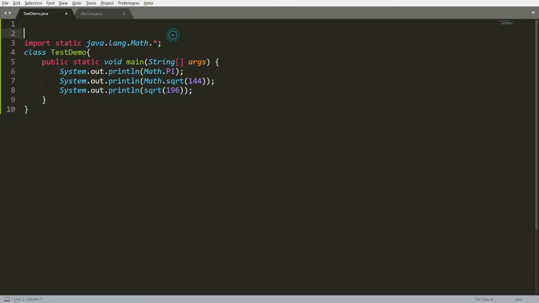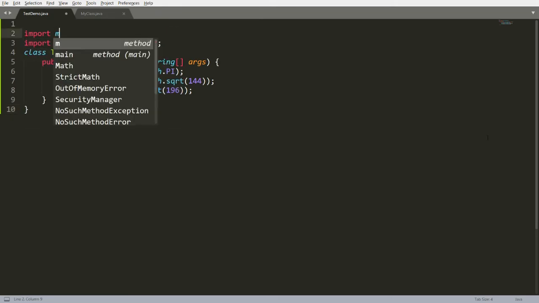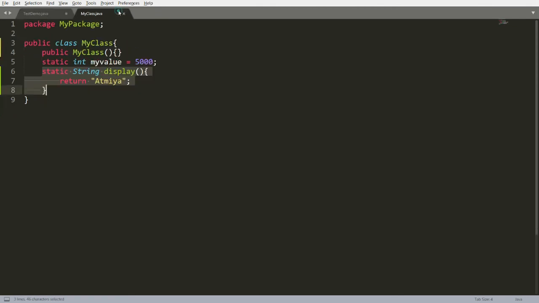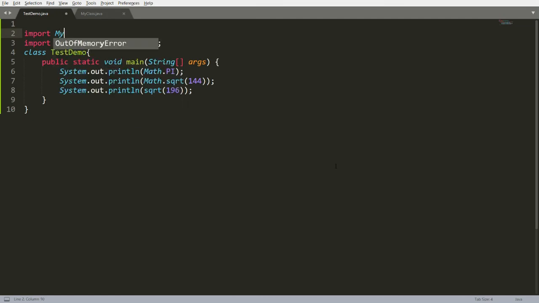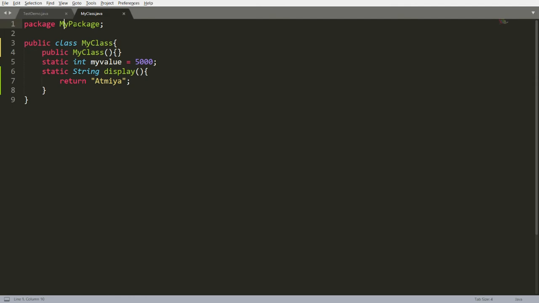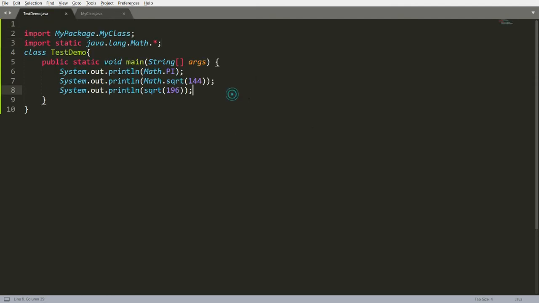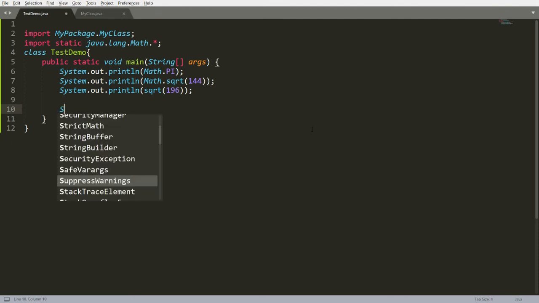Yes, you can. For example, if you are writing here that is import and that is my package. Now what is the name of your package? Name of my package is my package. So I'm writing here import mypackage.myclass. So this is my class that is available over here in the package, that is my package. You can save this and here you can call, for example,